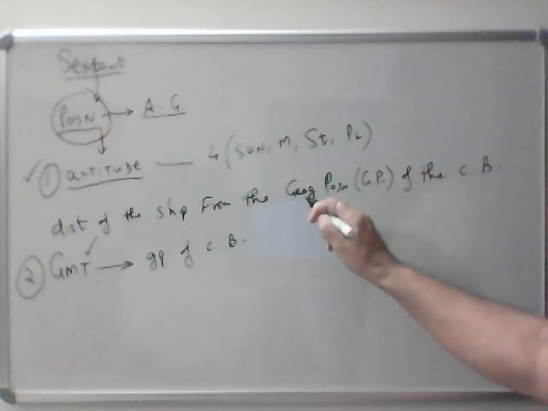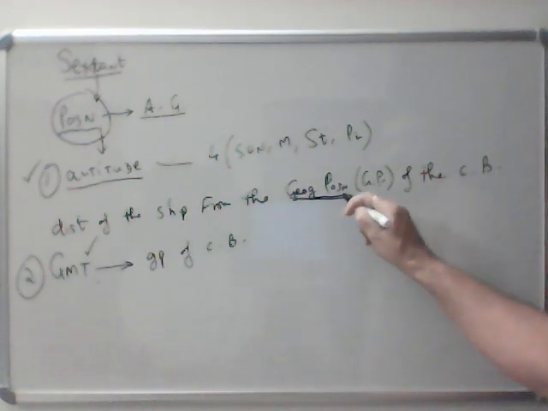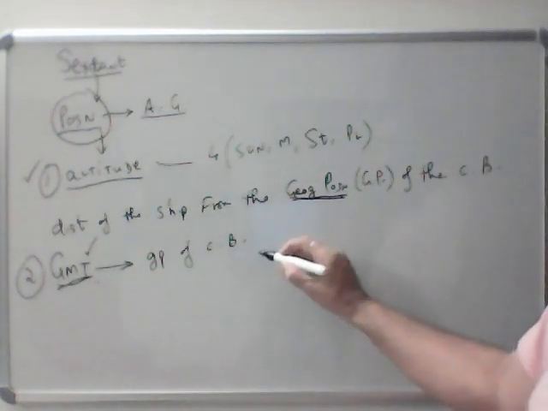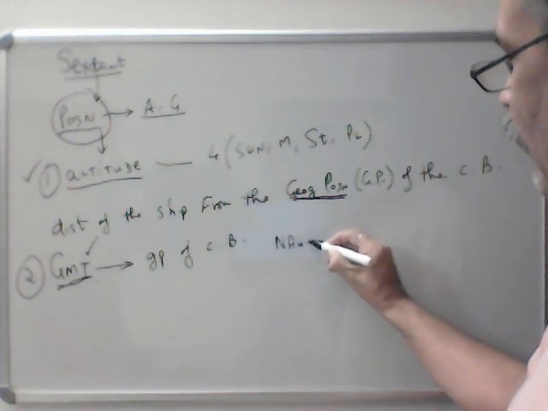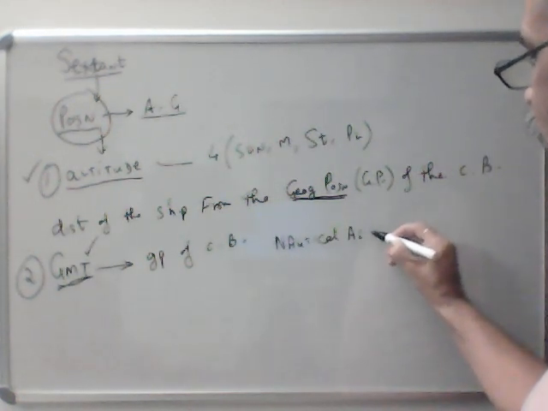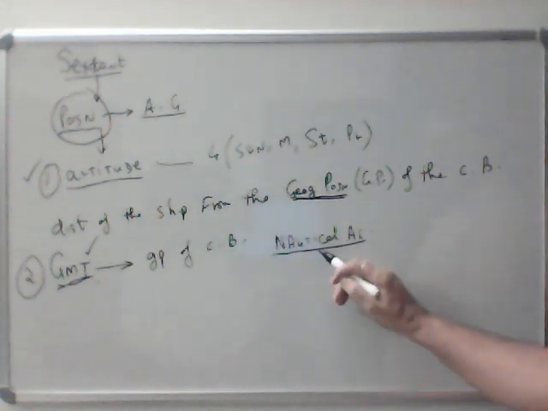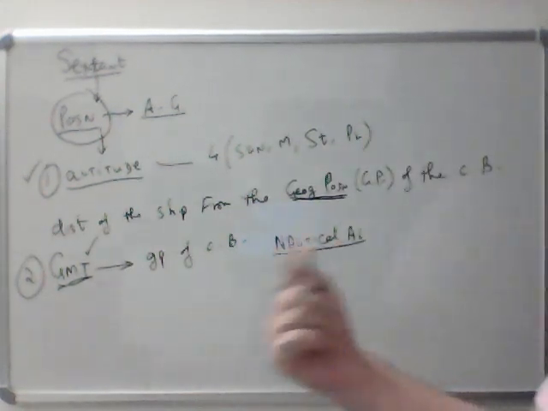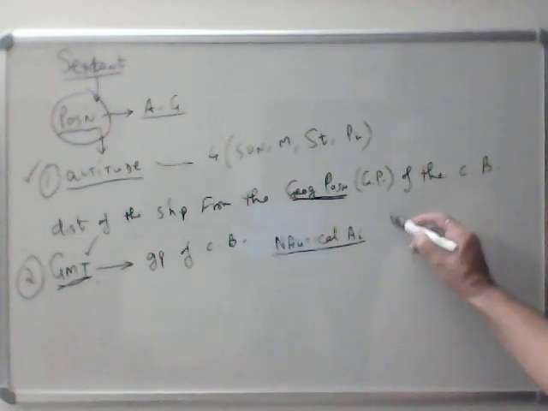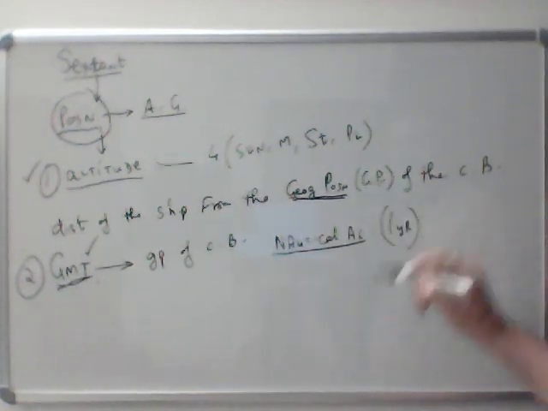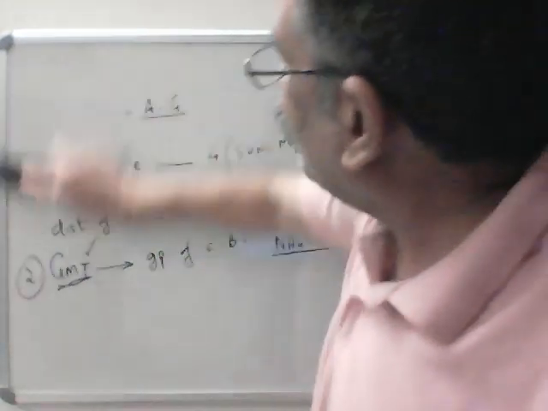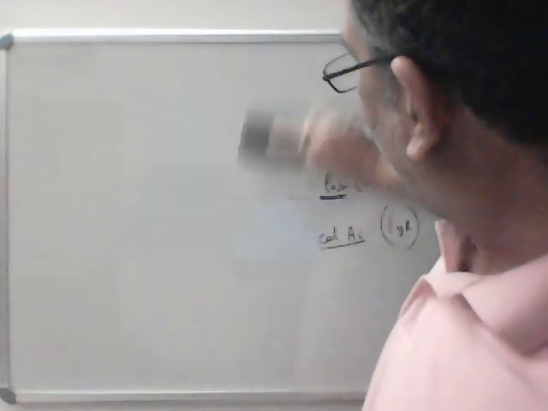So let's understand what is geographical position, which we obtain from GMT. We have a publication known as the Nautical Almanac, and this book gives us the geographical position of all the celestial bodies, sun, moon, star, planets, for every 1 second, for a full 1 year. One year of data is there. I will just show you how to find out the geographical position.